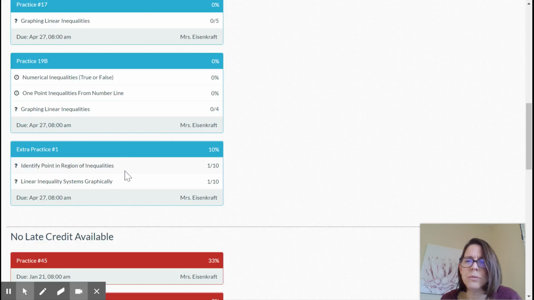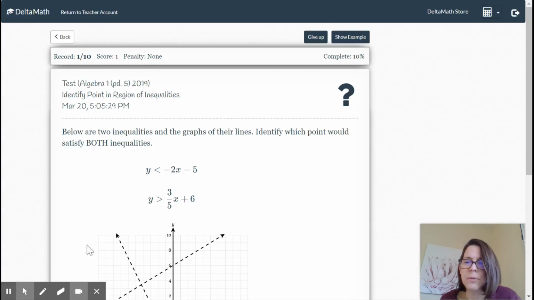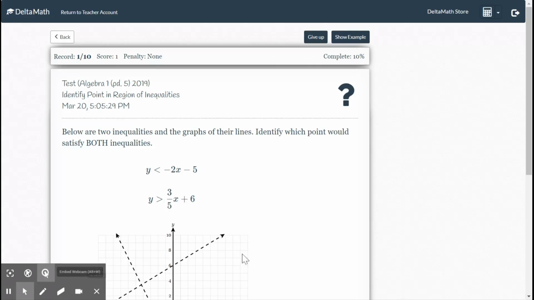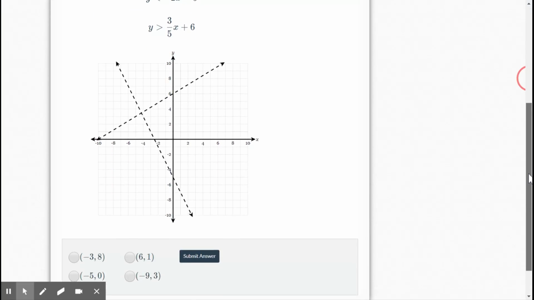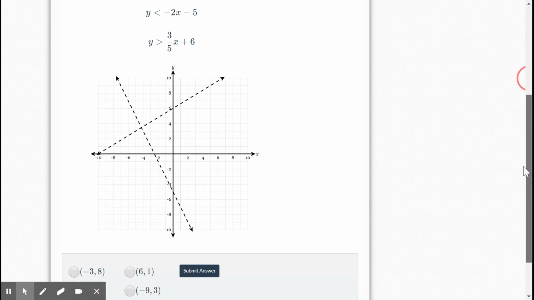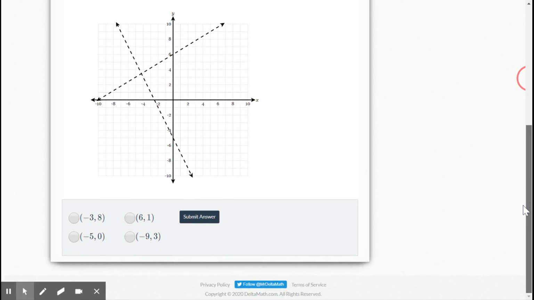In this tutorial I'm going to show you how to do the first 10. The title is Identify Point in Region of Inequalities, or a System of Inequalities. I'm going to click on it and show you what you would see. The first thing you would see is a system of inequalities, but they're unshaded. So when they ask you which ordered pair